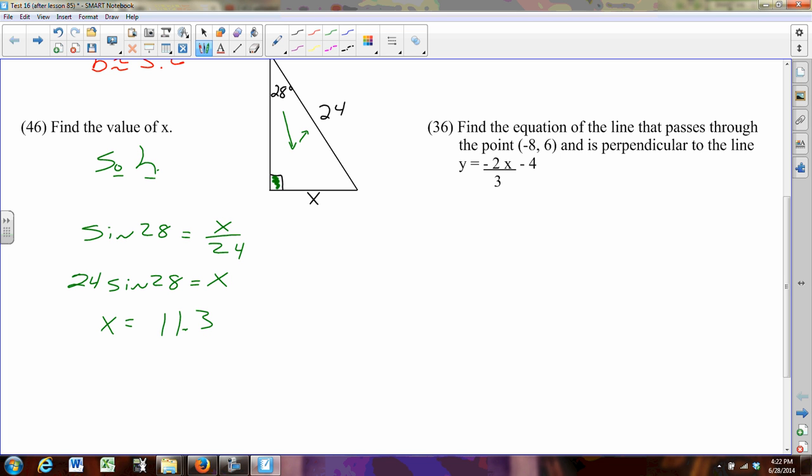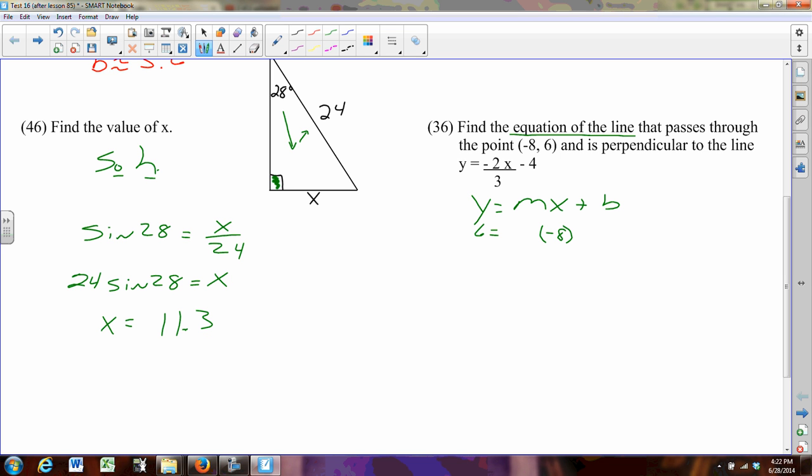This next one is very simple, as long as you do write down what you read. Find the equation of a line. Y equals mx plus b. That's what we want. That passes through the point, so I have an x and I have my y,